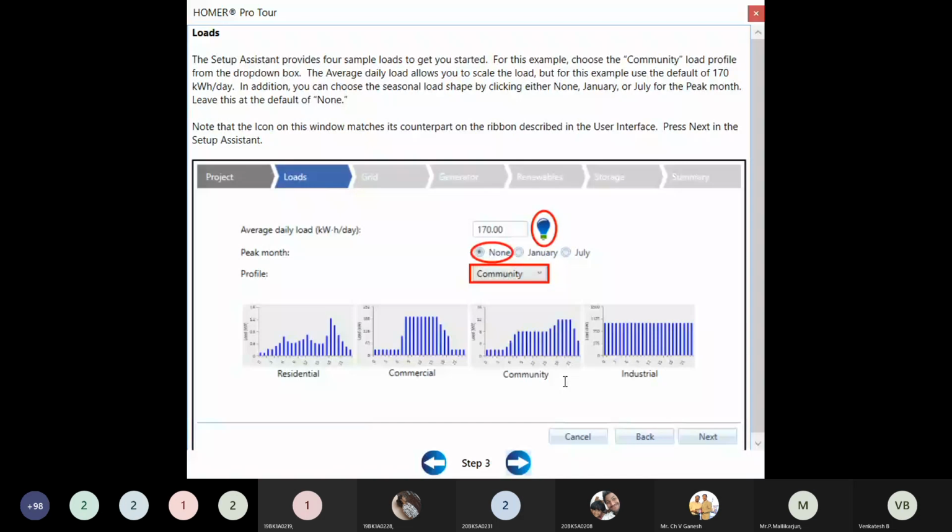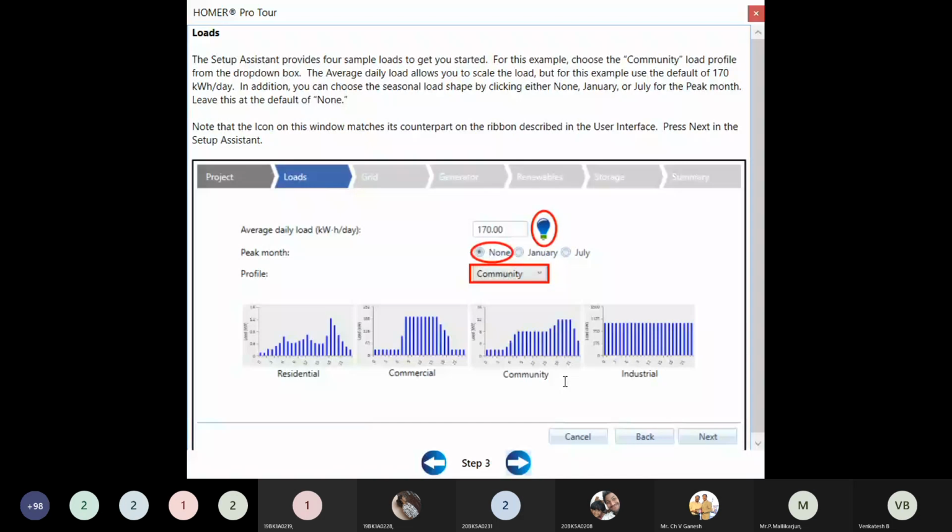When you set that in the Homer software, the analysis takes place each month. Each month the analysis takes place means how much energy is sent to the grid and how much energy is received from the grid. Generally, the energy received from the grid is treated with less cost, and the energy sold, that means sent to the grid, is taken at a higher cost as per your standards.